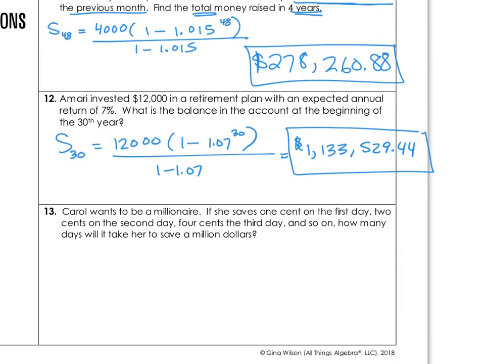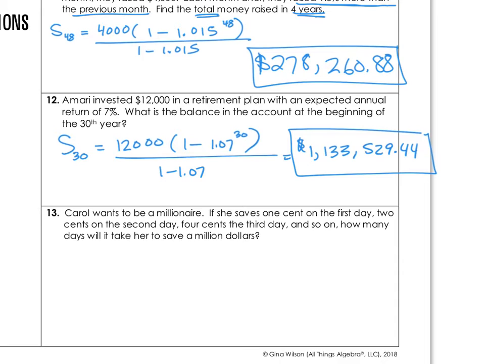Now number 13 is a little bit different because Carol wants to be a millionaire and they want to know how long is it going to take. How many days will it take her to save $1 million? So this one, I know what my sum is. My sum is supposed to be $1 million. But I need to know how long. So really, I'm looking for n here. So this one's going to be a little bit different. Same formula, though. So I have $1 million